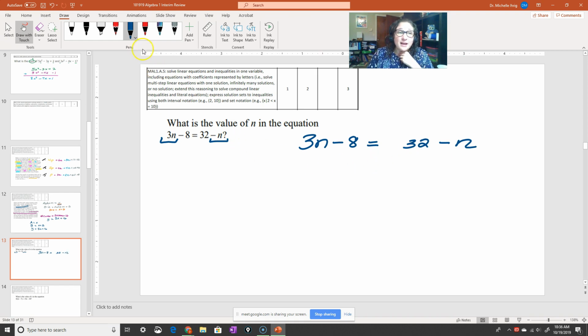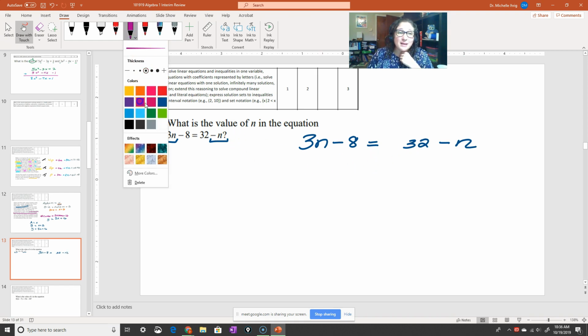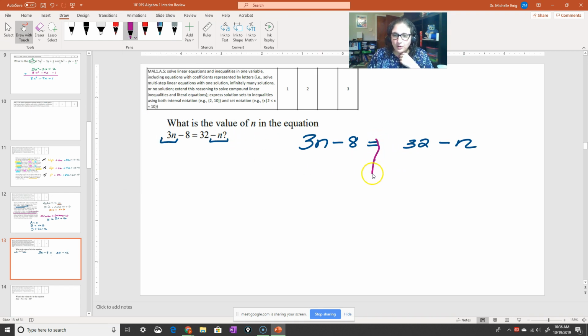So the first thing that I'm going to do for my first step is, some people say draw a river depending on who your teacher is. Some people say draw a line. I normally don't, but you guys, sometimes you're used to it. And again, this goes back to our first thing. We always want to make sure everything is balanced. So here I'm going to start off by adding n to both sides.